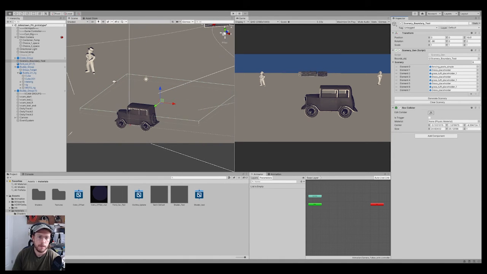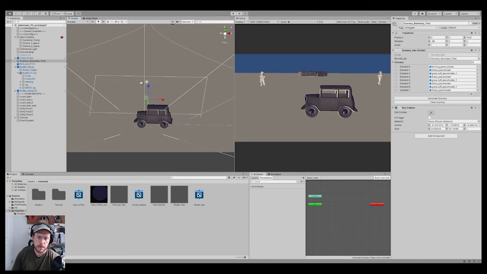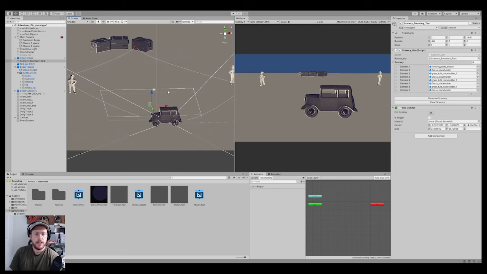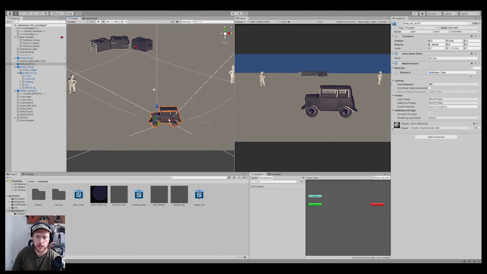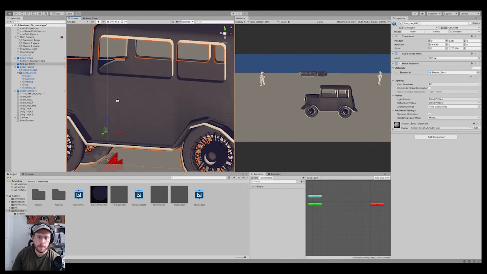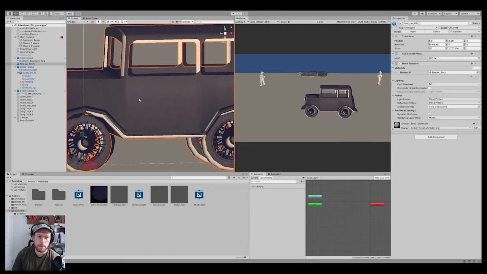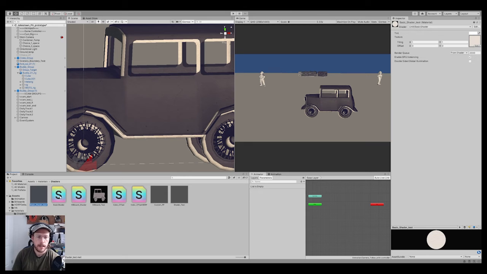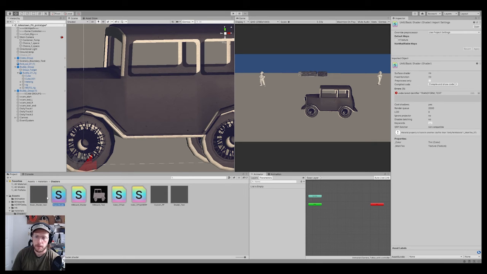So yeah, those are the two main updates. It might not seem like a lot, but I'm extremely proud of being able to get this shader graph to look the way that I want to. You'll also notice that it has a slight texture on the base mesh of this. This is actually a custom shader that I've made. It's very, very simple again, but it's using basically